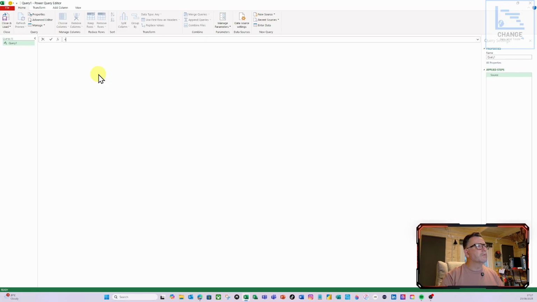If I do equals and I start typing SharePoint, you'll see there SharePoint.Tables from the drop down. I'm going to select that. I'm going to do an open bracket. I'm then going to do an open quotation mark, and I'm going to paste that path of that SharePoint site. Again, I'm going to do Control V. I'm then just going to navigate to the right of that quotation mark and do a comma. I'm then going to do an open square bracket, and in here I'm going to type ApiVersion equals